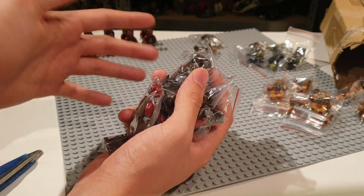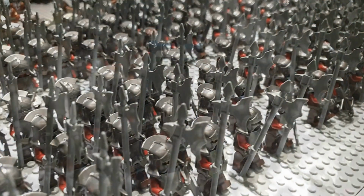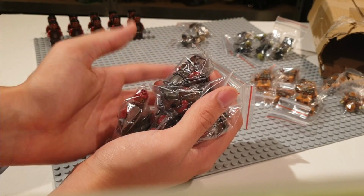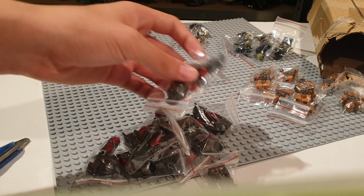And if you haven't seen my Yurikai army of 2020, I suggest you go and click the card on the top right corner of the screen, because I have over 180 Yurikai. So I suggest you go and click the card to watch that massive army video. But yeah, I'm going to set these Yurikai and Orcs up so you can see